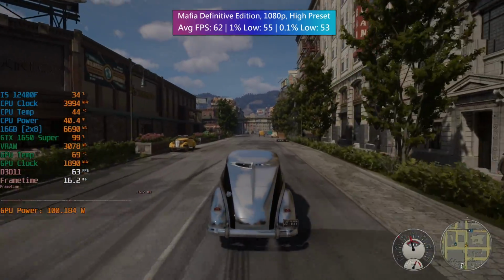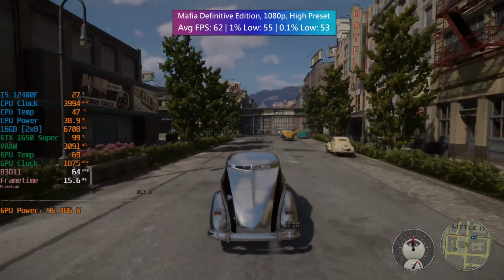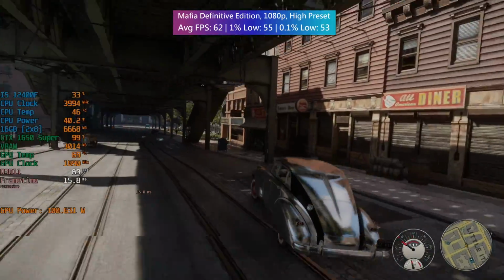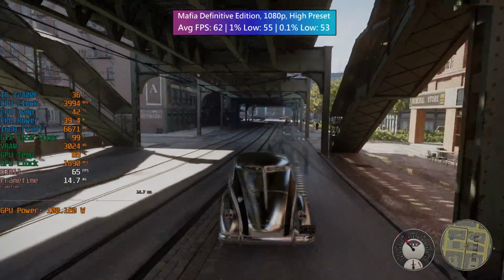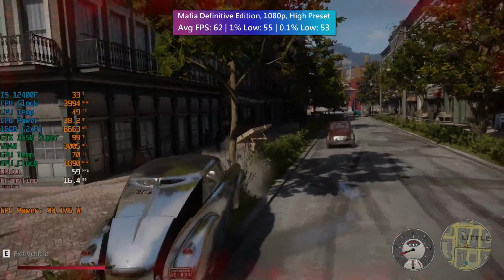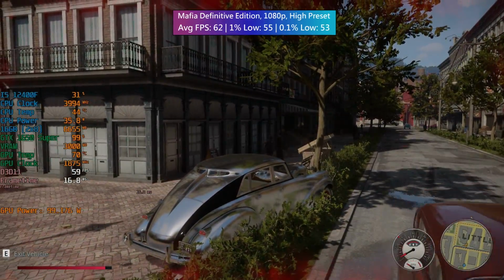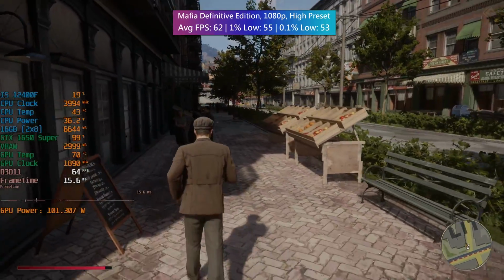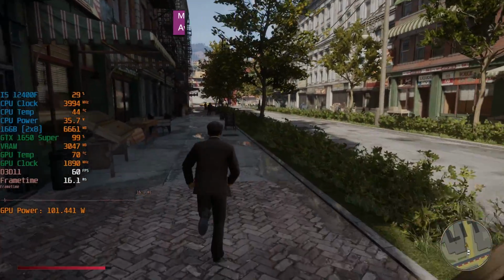It can be quite demanding on more entry level cards, but the 1650 Super managed at least 60 FPS with solid percentile figures as well. I took a drive around the city just taking in the sights of this incredible remake of the original game, and I find myself replaying this one quite often. Something about it just makes it one of my favourite games available,